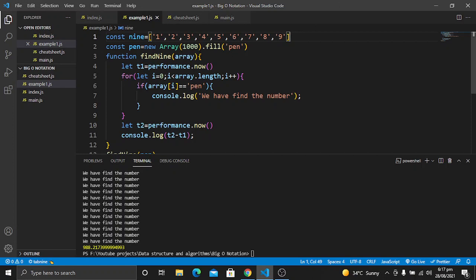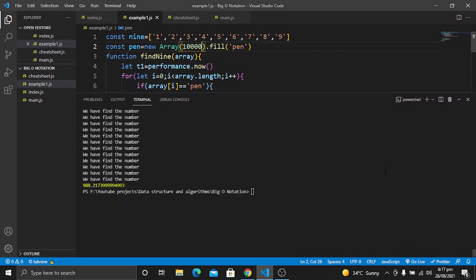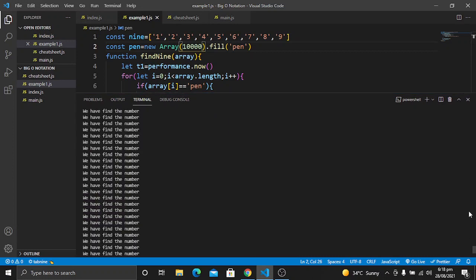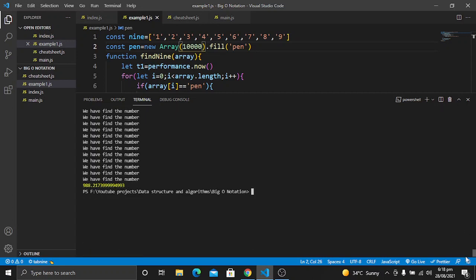So let's test it with the 100,000, or you can say this is the 1,000, this is 10,000. Now you will see in the previous it has logged it 1,000 times. So you will see how long it has taken.